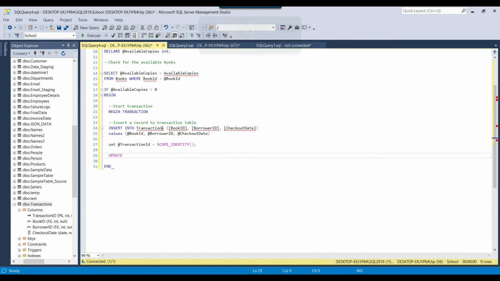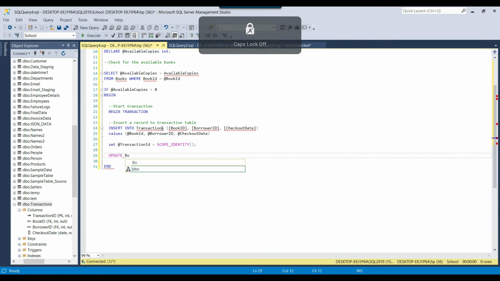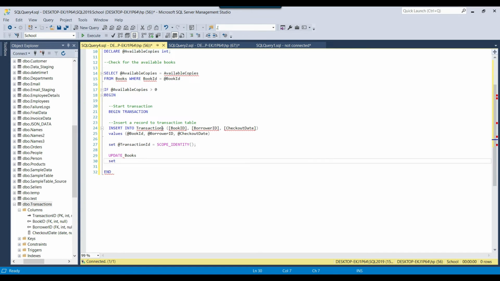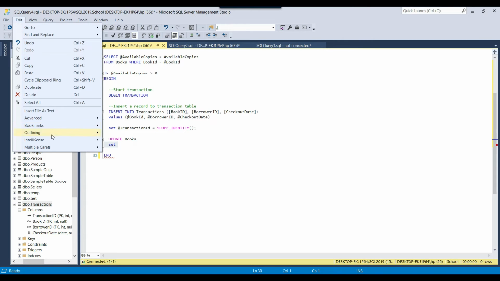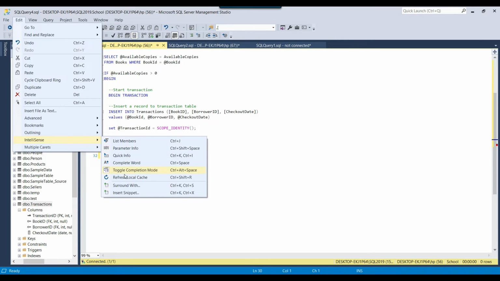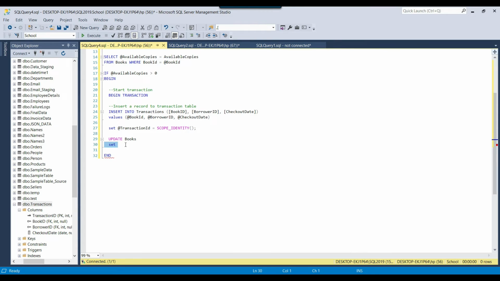I can write update books, and then set. If you want to refresh the cache here, the IntelliSense, you can go to Edit, then IntelliSense, and then click on Refresh Local Cache. You can click on this one so that it knows all the columns in the table. So I'm going to update the books table, and I want to update the available copies.